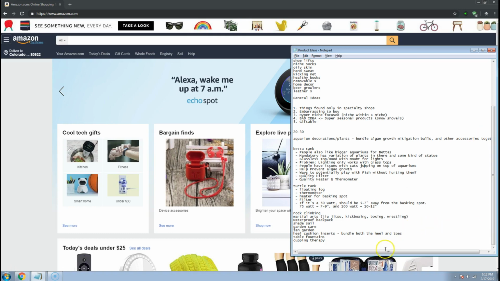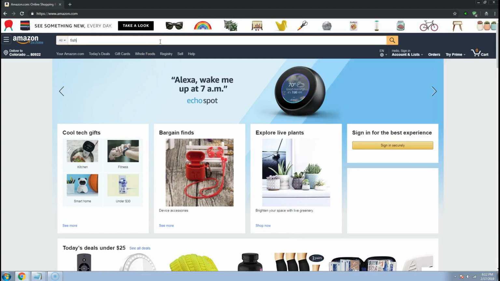Now, before I get into part 3, this is the list that we came up with, right? The beta tank, the turtle tank, rock climbing, and a bunch of the other stuff. Now, unfortunately, I didn't get this in recording, but I was doing a little bit of homework prior to this video, thinking about how I would go about sourcing these kinds of similar products. I was looking at the beta tank and the turtle tanks, and I think I